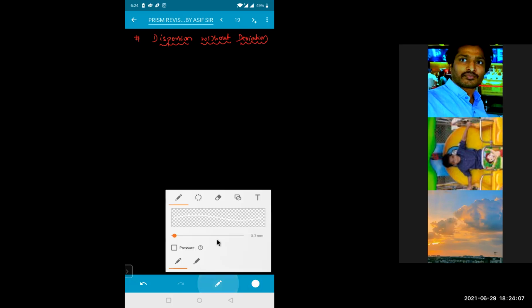Next one, opposite of this one. Second one, where there is dispersion. That means splitting of light is there. There is dispersion without deviation. That means if there is no deviation, finally the ray of light is dispersed. So if I am drawing the diagram for this one,